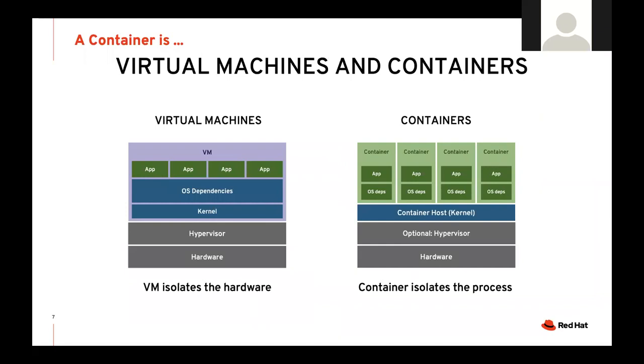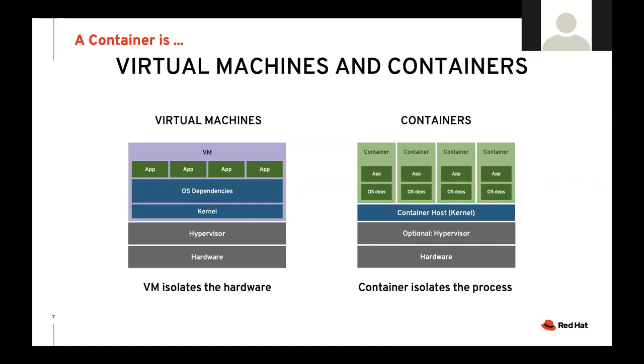For those who are maybe not very familiar with the difference between virtualization and containers, I'd like to give you a quick overview. On the left-hand side, we see the typical architecture of a virtual machine, where you buy physical hardware, and then you need to invest more in hypervisor technology, and then you start to build your virtual machines. Then, inside each and every virtual machine, you need to license a full operating system, and then you install the application and the application dependencies on top of that. That's how we packaged virtual machines, and this model served us for almost the past 20 years.